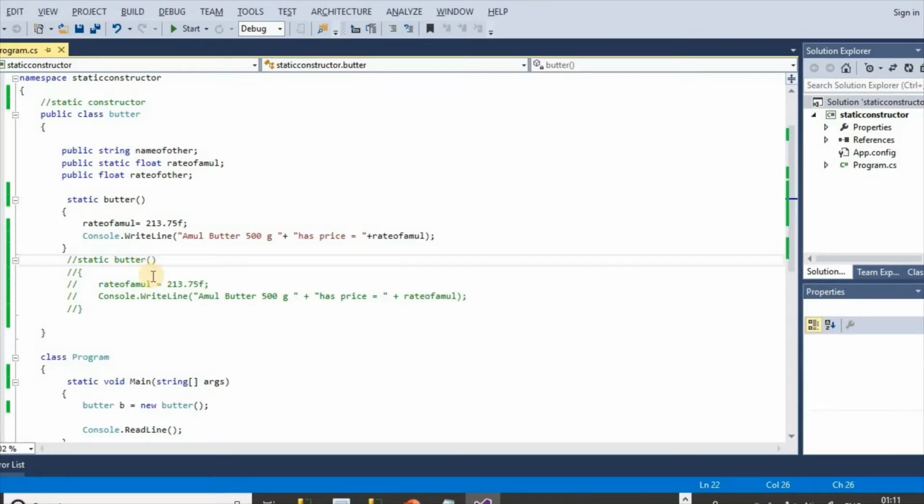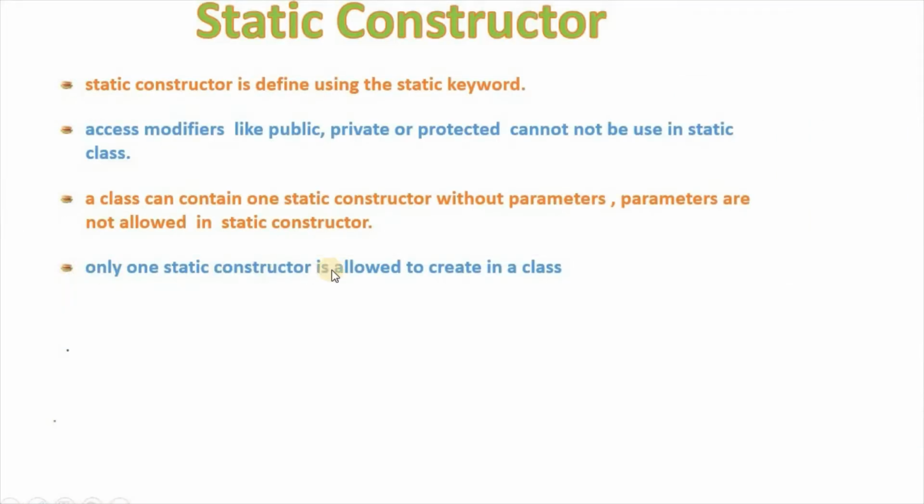It should not be without parameter, but parameters are not allowed. A single parameter is not allowed, and more than one parameter is not allowed. So there is no possibility of having two static constructors in a class. Only one static constructor is allowed to create in a class.